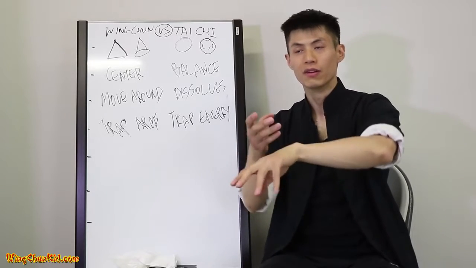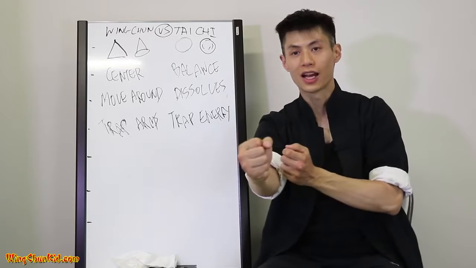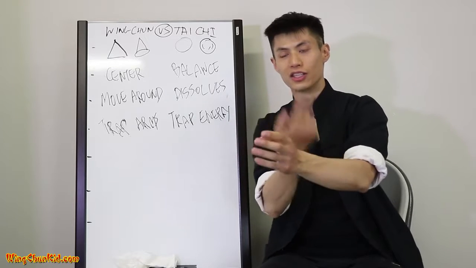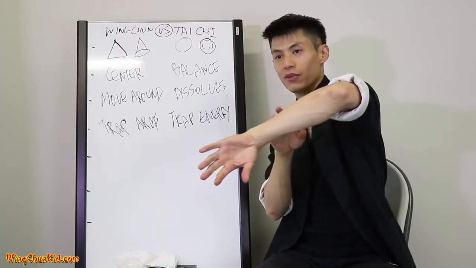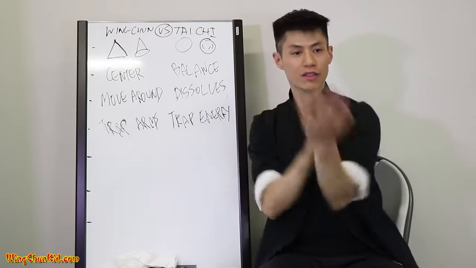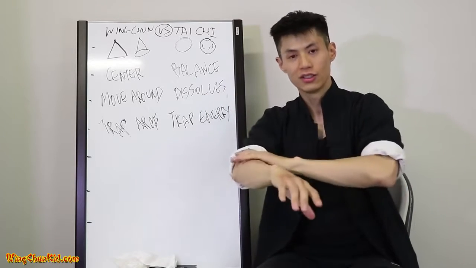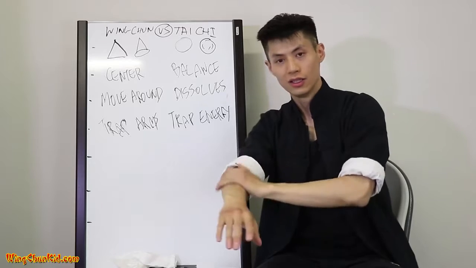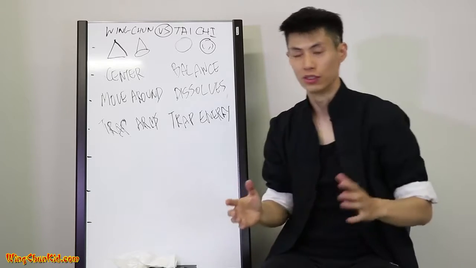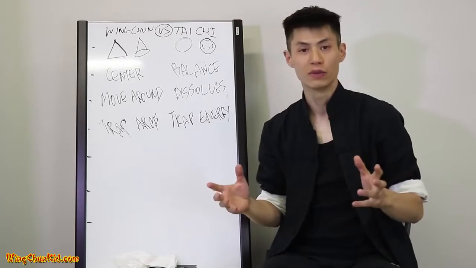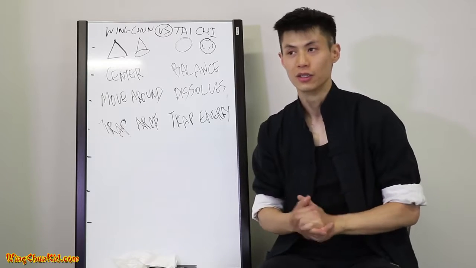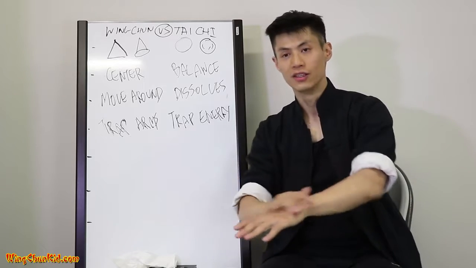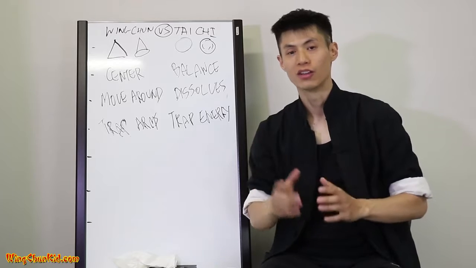So that when you can feel that there's an empty space, you attack. If you feel that there's energy coming, you'll direct it with a bong sao. Or if you feel energy going downwards, you deflect it down with the tan sao. So all this sensitivity is in this area of the body, which is very good, especially in close range when you want to fight very quickly, because your tactile sensitivity, which means your touch, responds a lot faster